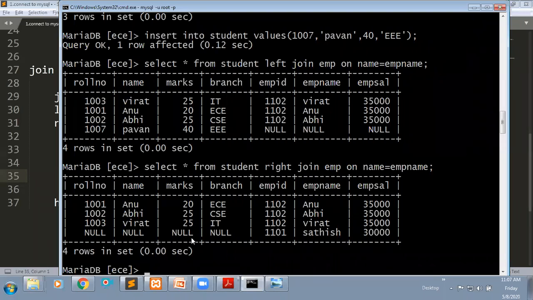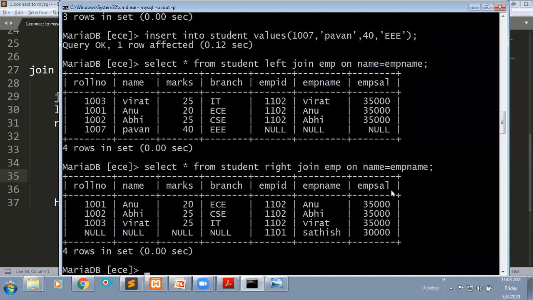Now you can see the difference between left join and right join. In the left join, the left side table's data is retrieved in total. If the match is not there in the right side table, it will give null values. If it is the right join, it will give the right side table's total data. If no match is found, it will give null values on the left side.